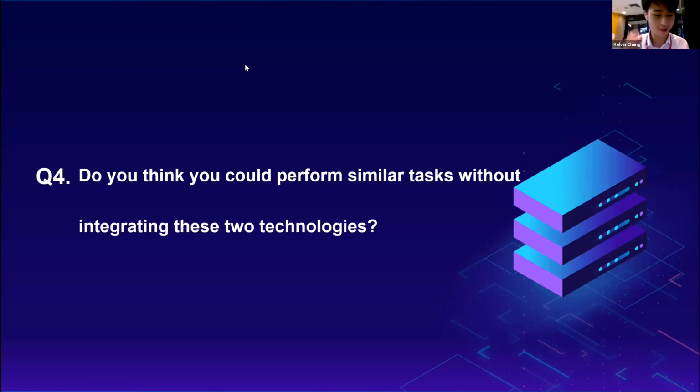Sure. Thank you for the question. I think the answer can be divided into yes and no. For the no part, you cannot do the visualization efficiently and effectively if you do not integrate the BIM model into the GIS software, because without the 3D model, we cannot conduct 3D analysis, such as noise level analysis, shadow analysis, and so on.